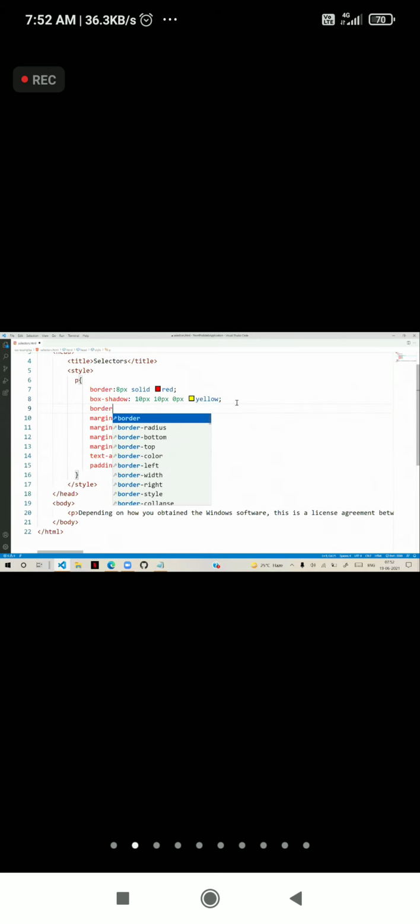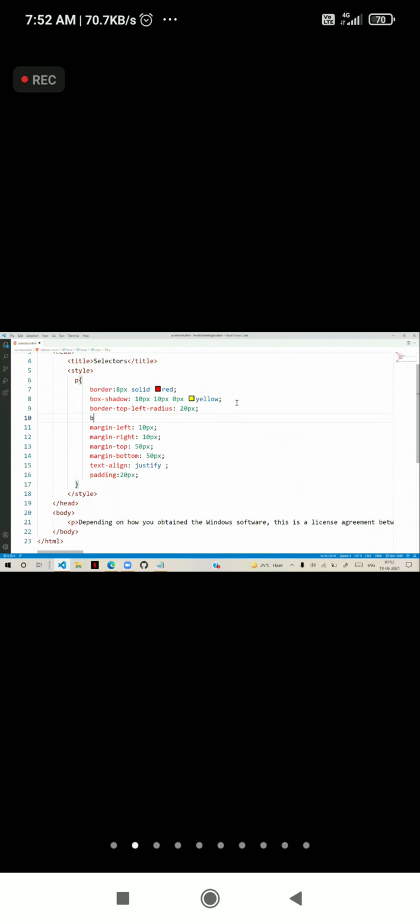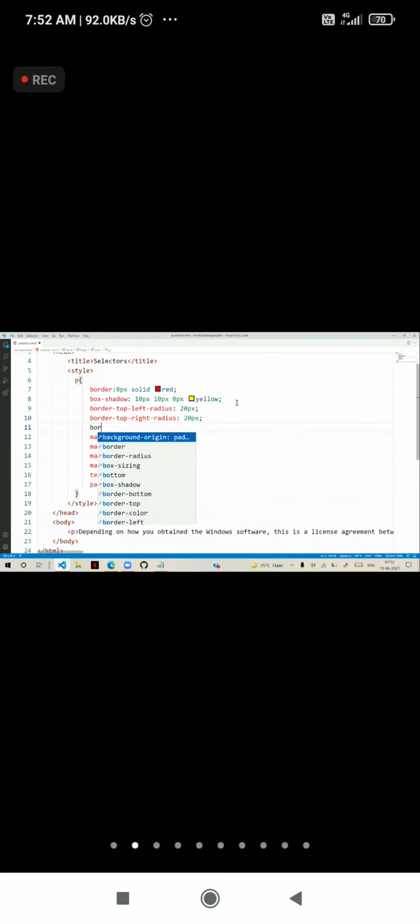We can give options like border top left radius, 20 pixel. Similarly, border top right radius, also 20 pixels. Similarly, border bottom left radius, that is 10 pixel. And border bottom right radius, that is 10 pixel like this.